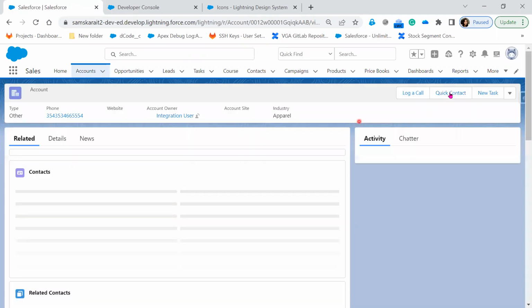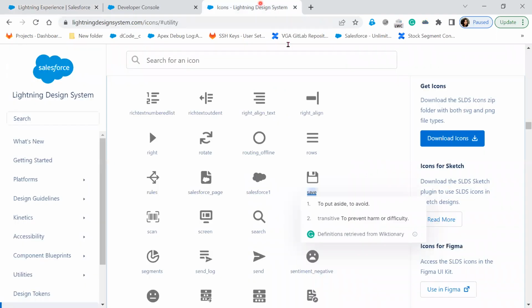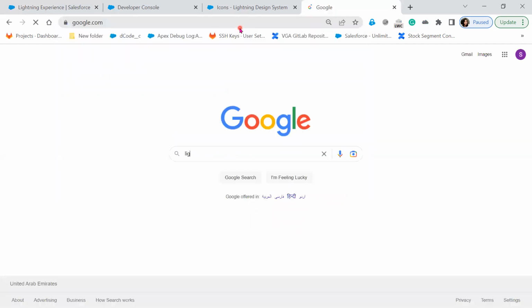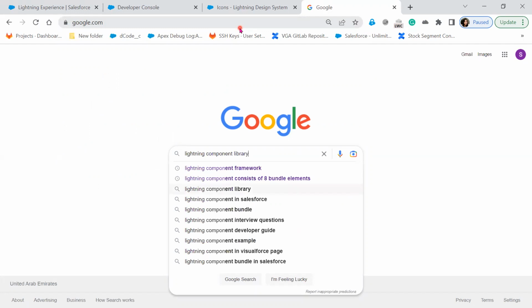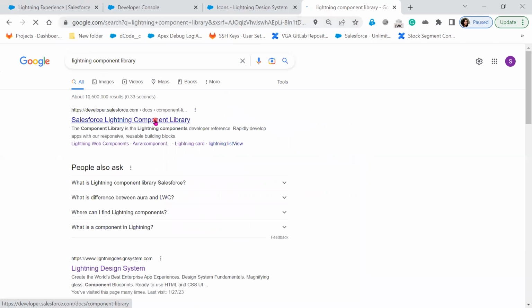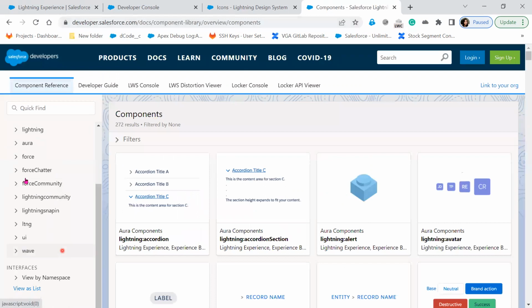How can we get to know what values to use for the particular attributes? For a Visualforce page, we were at least getting suggestions. But when we are trying Lightning in the developer console, we are not getting any suggestions. Right, that's the reason we have a component library. If you go to the Salesforce Lightning component library, for example, if you wanted to take a button,